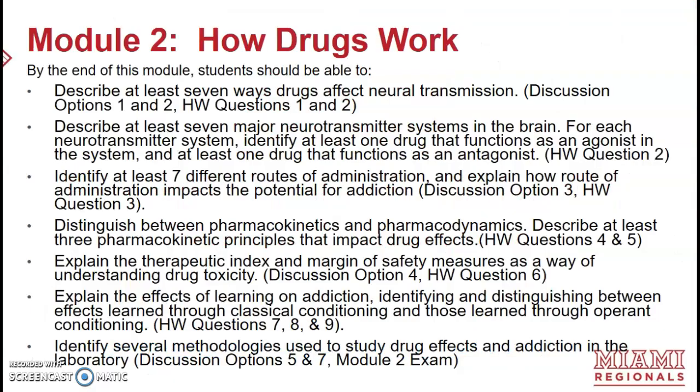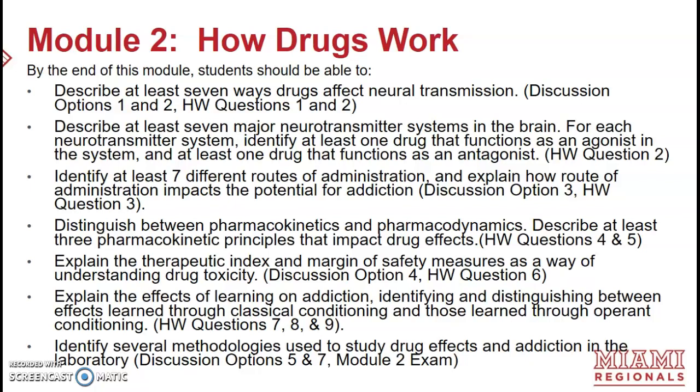In Module 2, we learn how drugs work. By the end of this module, students should be able to describe at least 7 ways drugs affect neurotransmission. You'll get the chance to demonstrate your knowledge of this in discussion options 1 and 2 and homework questions 1 and 2. Then you'll learn to describe at least 7 major neurotransmitter systems in the brain, and then for each